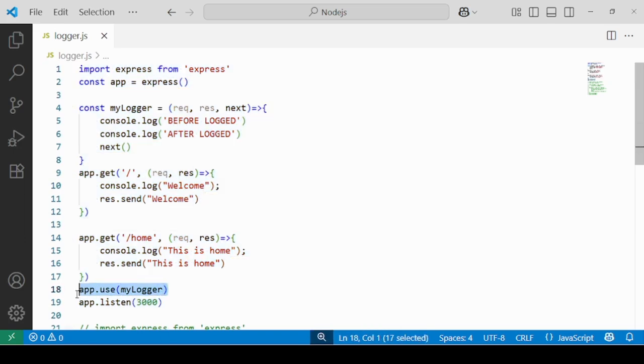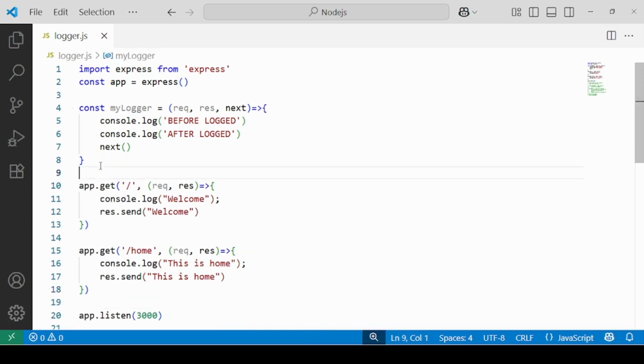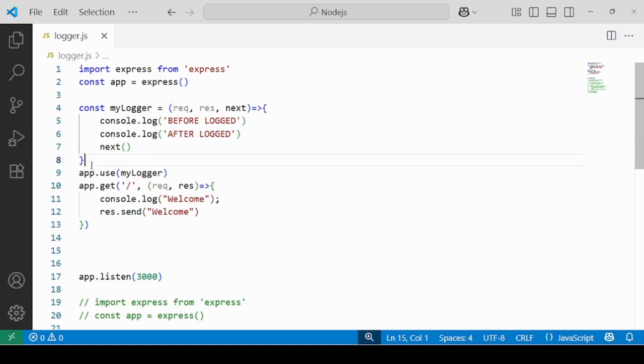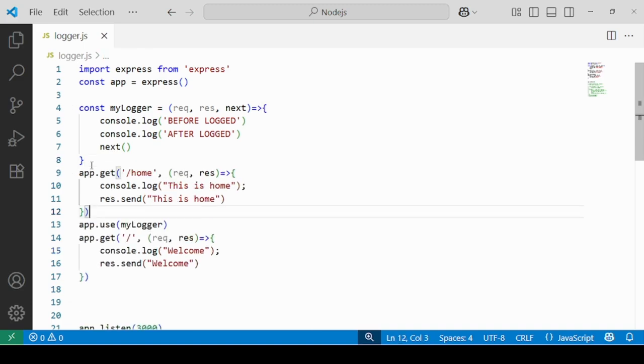Now, when you are aware that only one of these routes has to utilize the middleware, let's say you just want only this URL to use the middleware and not this one. So what can you do in that case? Would you be manually shifting your routes this way? Or there's another way.